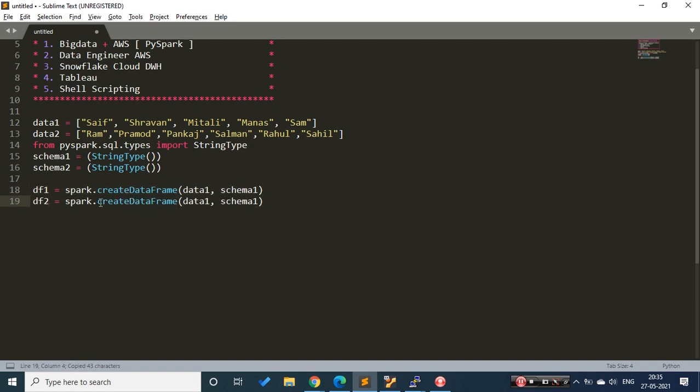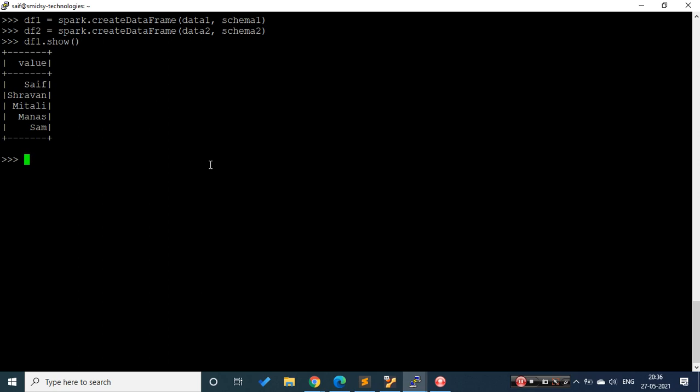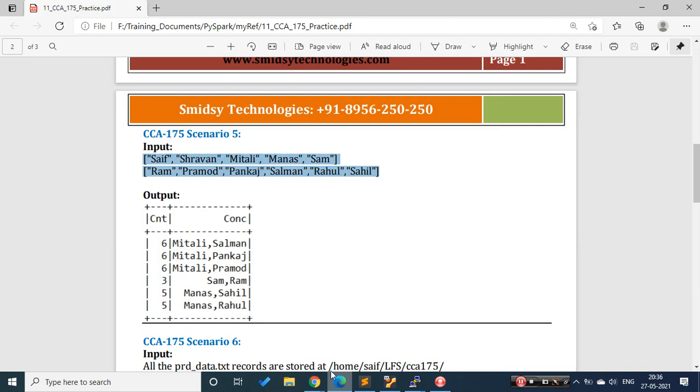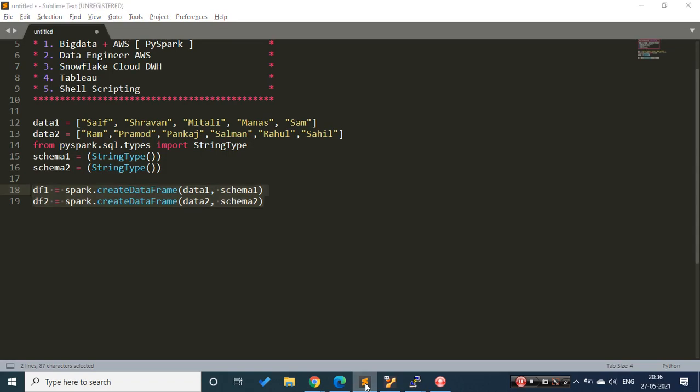This is my data frame 2, which will reference my second piece of data. Let's copy this piece and clear the screen first. Let's do df1 dot show, and eventually data frame 2 dot show. So we are able to create a data frame out of the given data. The first step is done. Let's look at the data.